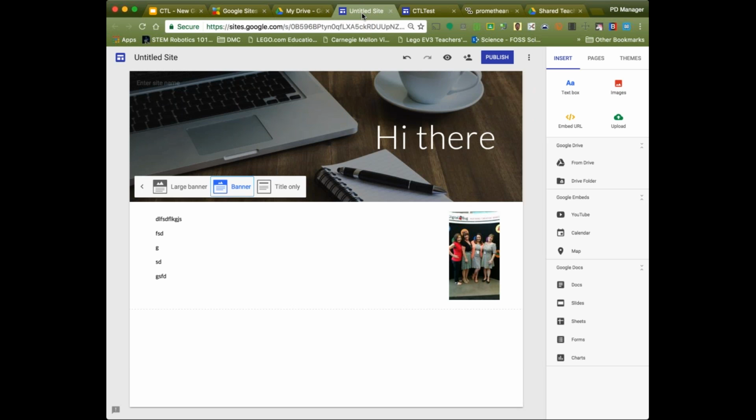One of the things that is still missing, that was missing from the old sites also, is the ability to easily make a thumbnailed gallery of photos, which doesn't sound like a big deal until you try to do it manually. So if I have like 24 pictures of the progress I made on a service learning project and I want to share that as a student, I can put them into a Google slideshow and embed that into my site. I could put them into a Google folder and embed the folder into my site, which isn't optimal from a